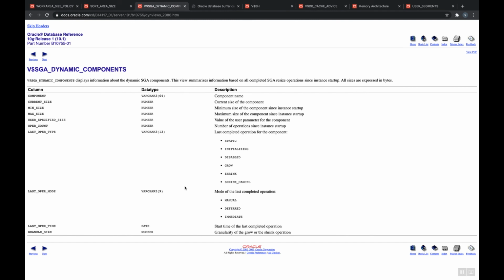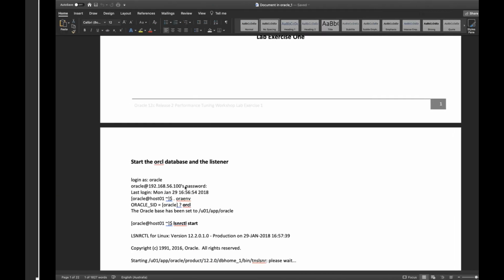placed, so if it is automatic memory management, then the memory for buffer cache, library pools, shared pools, and sort areas will be adjusted automatically based on the requirement. So within 5 minutes after the instance starts, this view gets populated based on the load on the system and based on the usage of these different memory areas. So you get your details here. Okay,